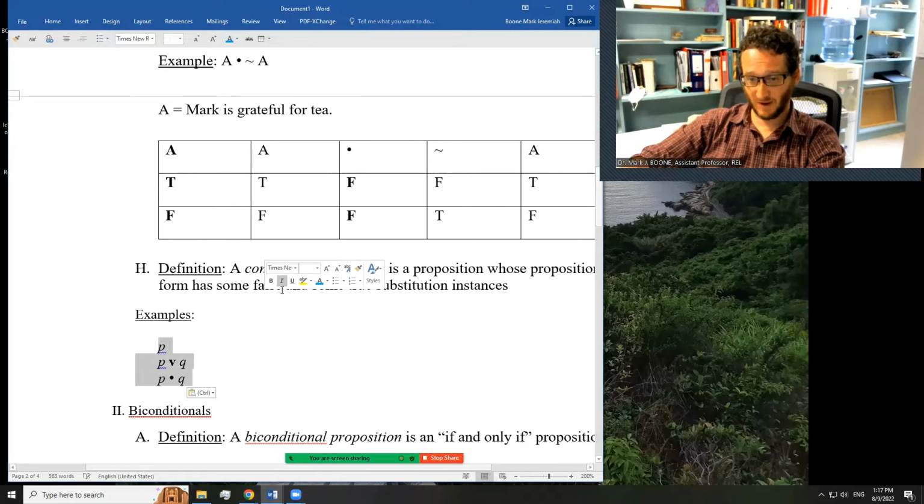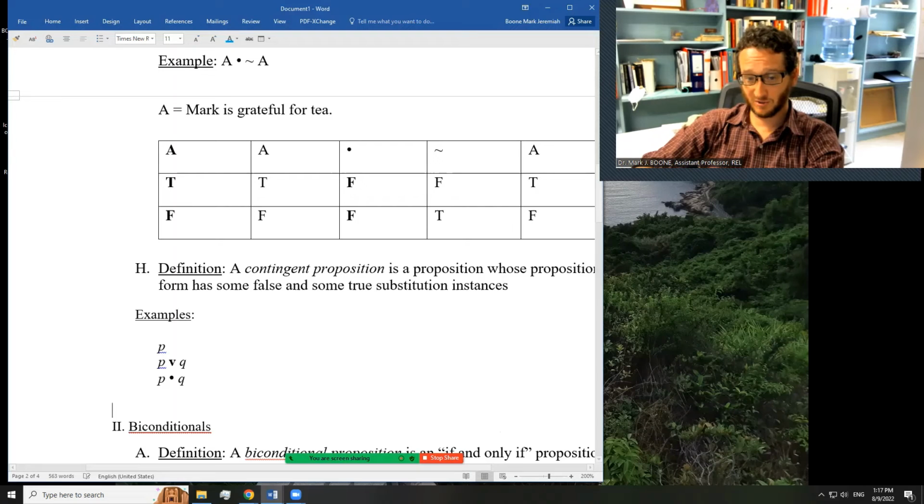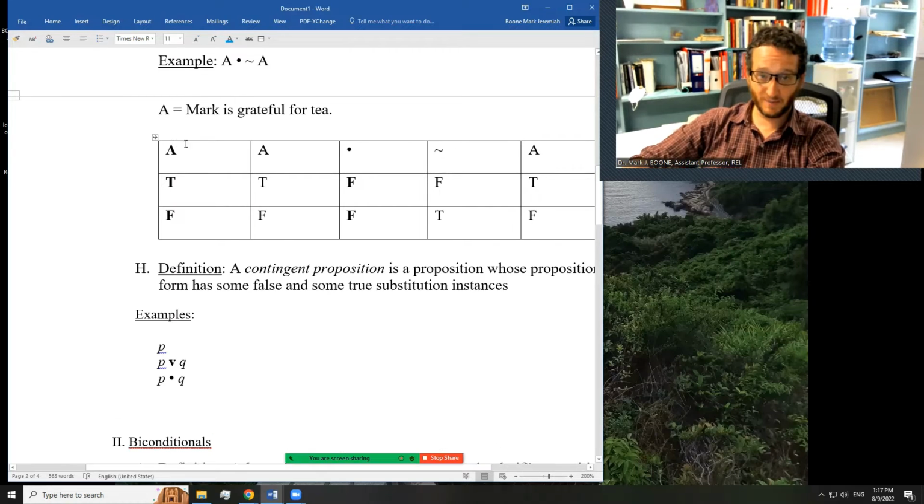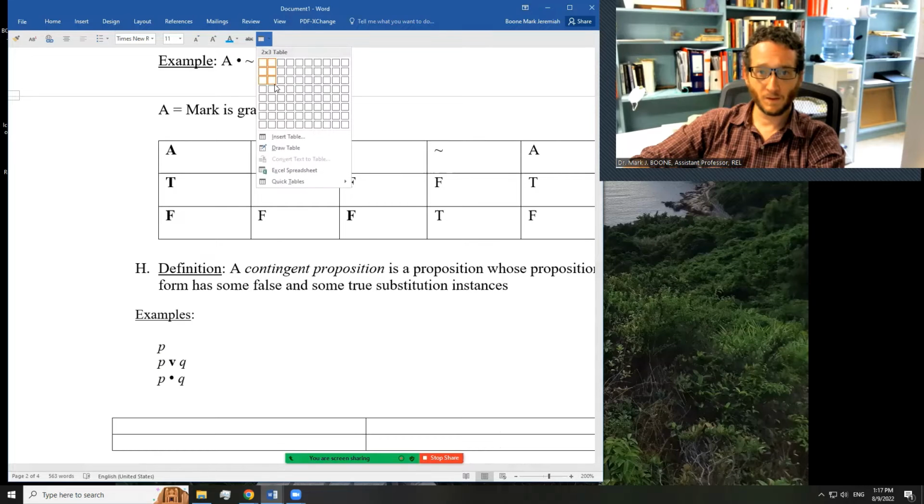These are all contingent proposition forms. Some substitutions are true, some are not. In other words, some propositions that have the pattern